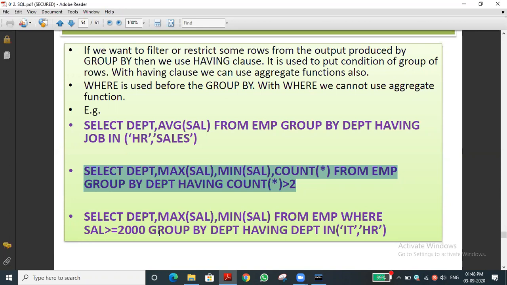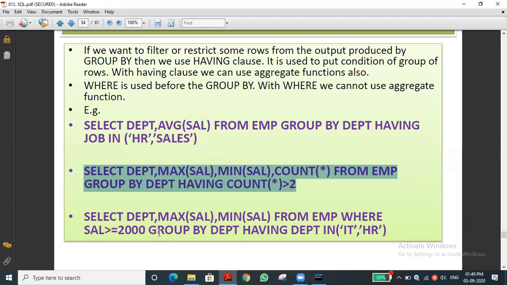So the first thing is the criteria: salary greater than or equal to 2,000. The second thing, it will group by department, arranging the values department-wise. Third, those working in the IT and HR departments. The rest of the departments it won't display.